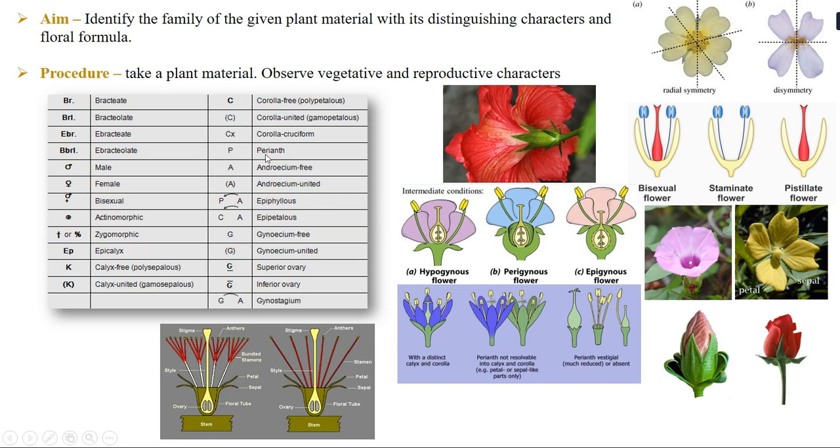Coming to the next character, perianth. What is a perianth? Now usually the flower that you see is with the calyx and the corolla. You can actually distinguish between the calyx and the corolla. But there are some flowers where the calyx and the corollas are not resolved, they are not distinguished. And such structures are called the perianth. If you can see this picture, here you can see a distinct calyx and the corolla. But here you cannot distinguish between the calyx and the corolla. So such structure is called a perianth.